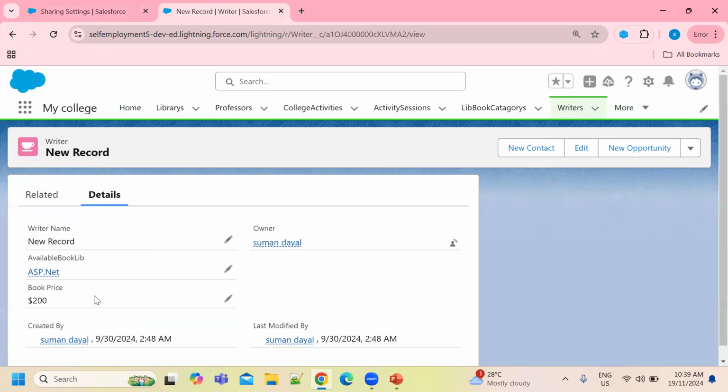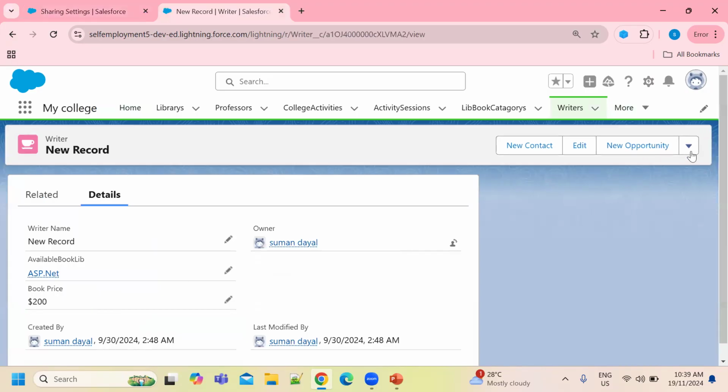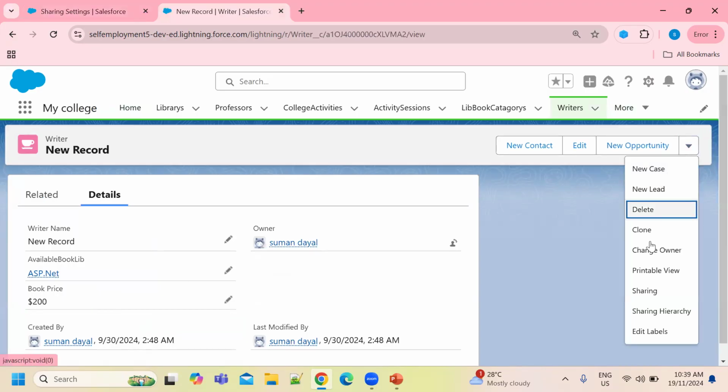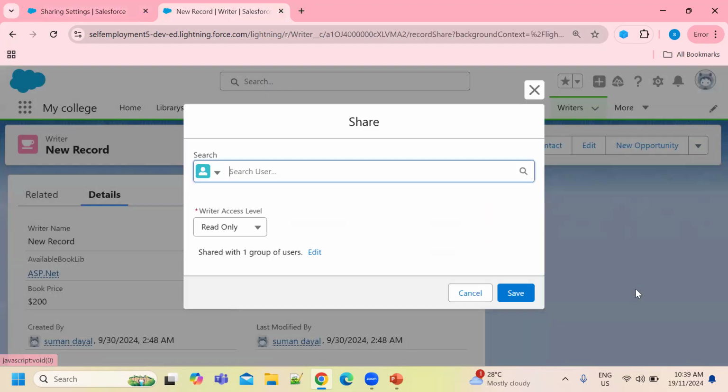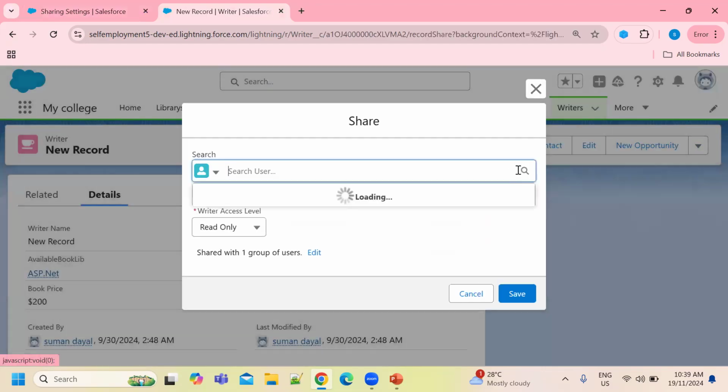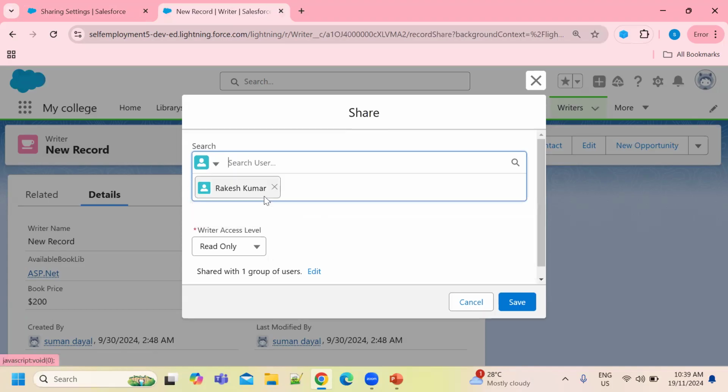Just click on this record, click on this drop down arrow, click on the sharing option. Here you can share with a group of users or individual users, right? It is taking time, so I have an active user named Rakesh, so I can type it and select this Rakesh, so I can share this new record with this user.